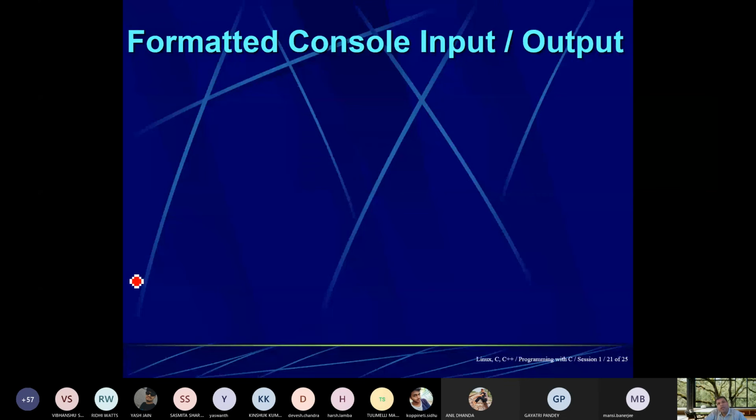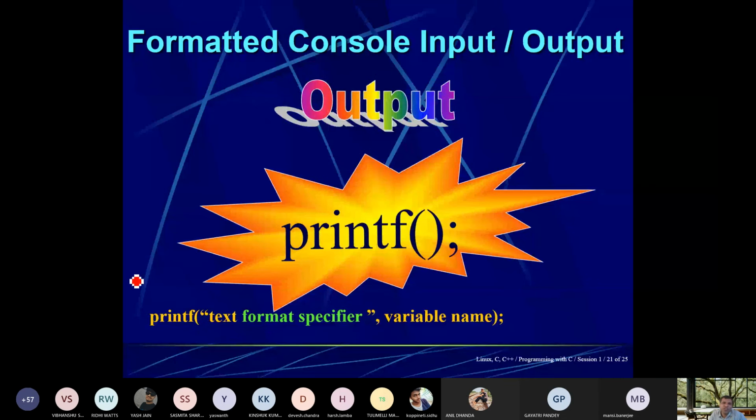Formatted console input and output. So for output we need to write printf. Inside that, this is the format: printf, text, format specifier, then variable name, like %d, %x, %s. These all are text formatting specifiers. Then come to scanf.